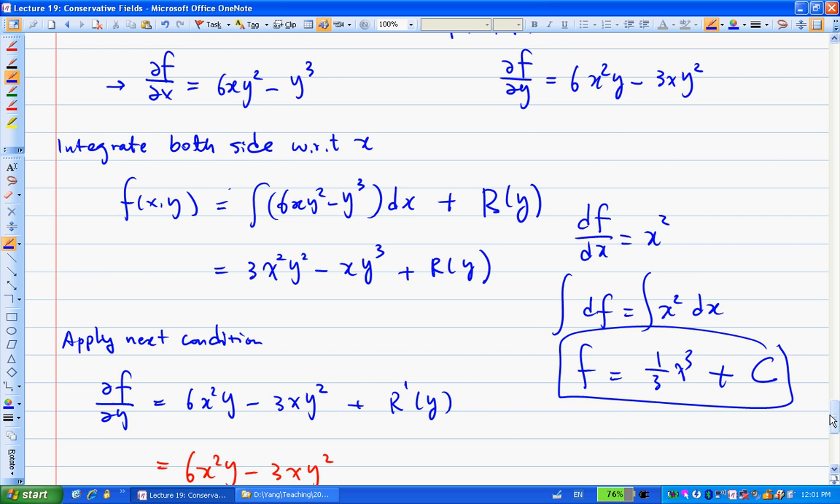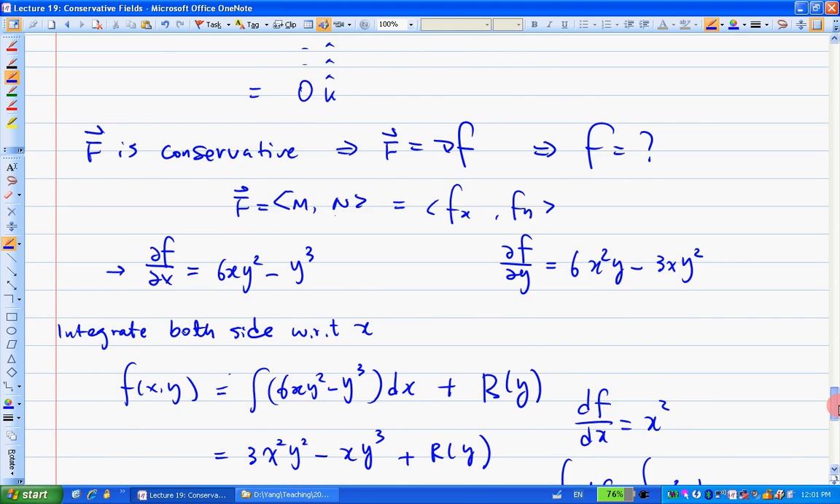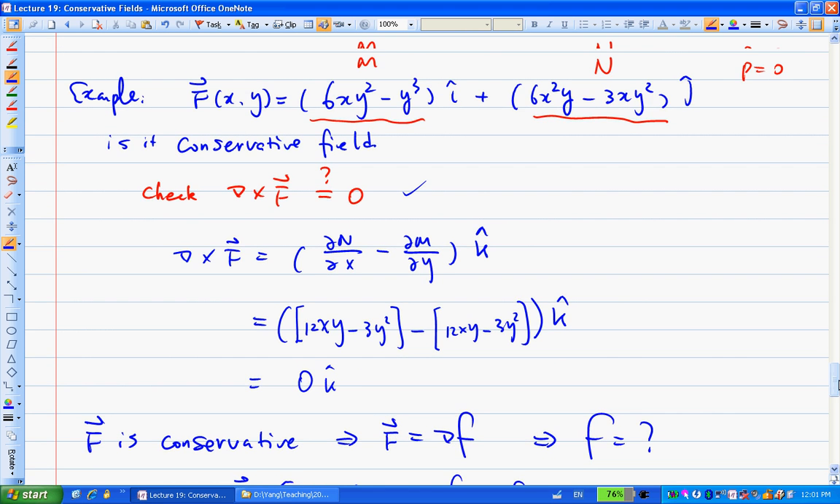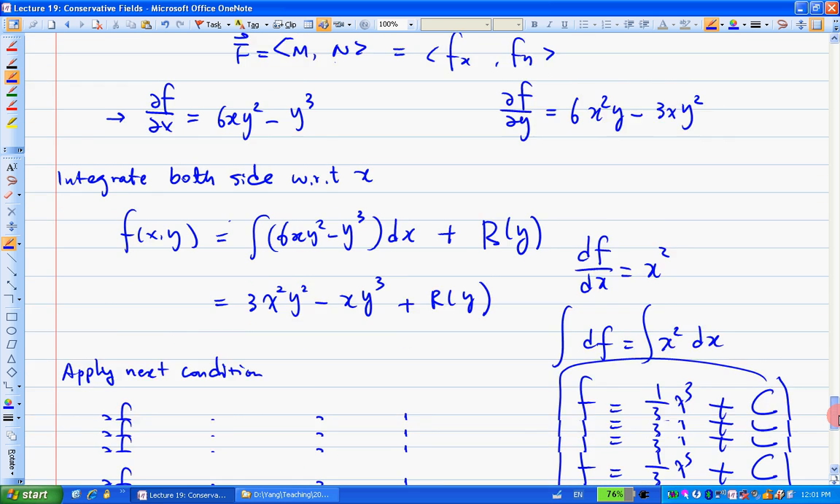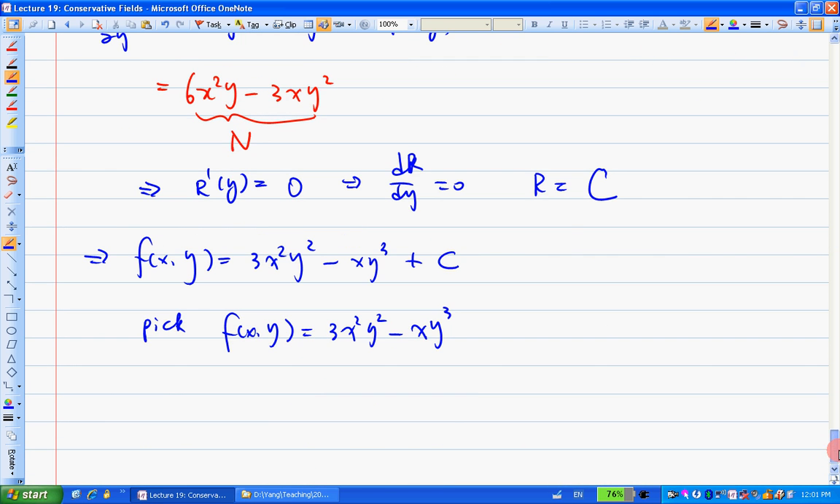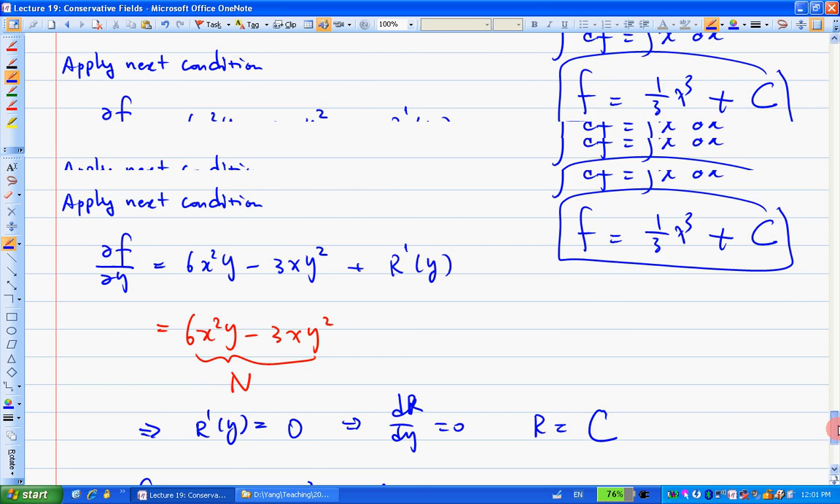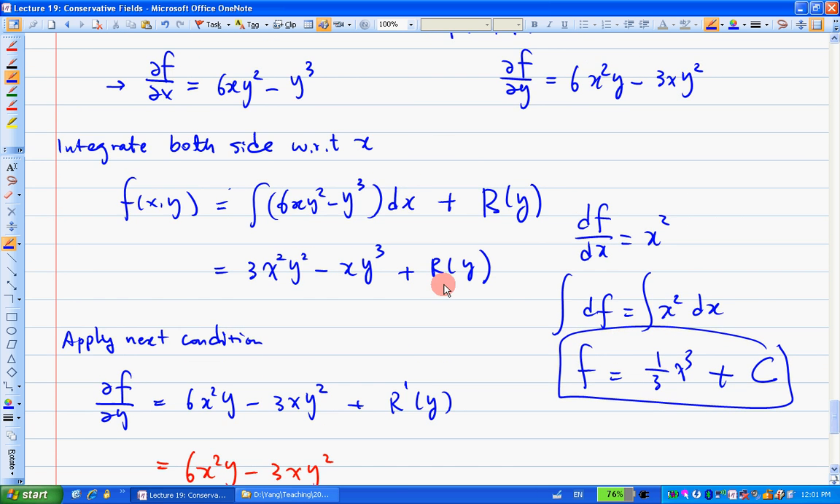This case is 2D vectors. Now if you have a 3D vector, the chances are you're going to have to go over 3 steps: apply the first condition, the second condition, and the third condition. So it'll be relatively more computation, but the idea is the same thing. The key idea is this: in the first step, when you integrate both sides,